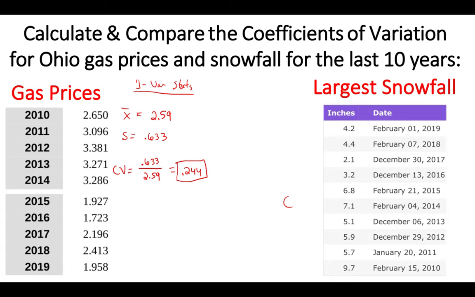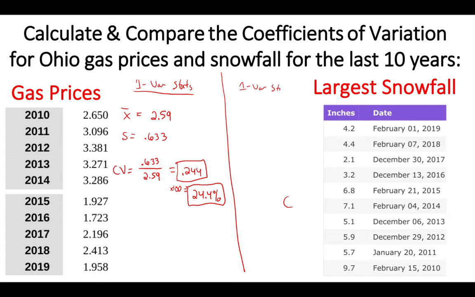We can also just multiply this by 100 if you want to and make it a percentage. You just move the decimal place over two places. That's 24.4%. So it's saying that our standard deviation is 24% of our mean. It doesn't mean a lot to us maybe right now, but it is meaningful if we can compare it to something else. So if we compare this to the snowfall statistics,